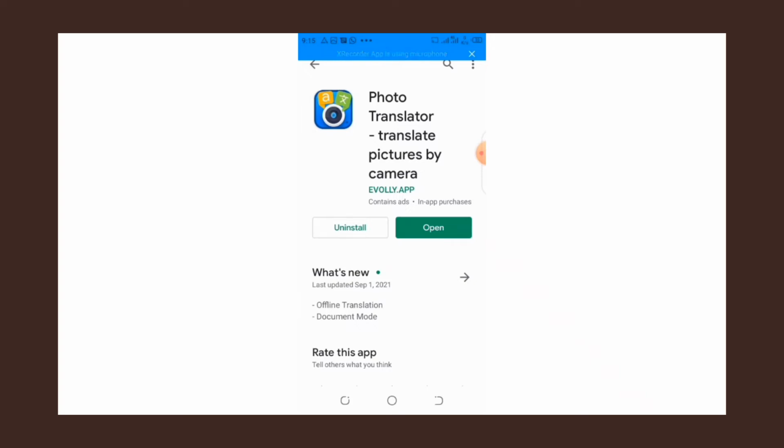So I'm going to open it and I'm going to translate my screenshots for us to be able to know what the previous buyers are saying. But the thing is, this app contains ads and we are using the free version, so they will try to frustrate us via their adverts, so we have to be patient. Don't mind them saying you are going to subscribe to this or that. Whenever they talk about money, please don't mind them. We are going to use it for free whether they like it or not. So let's wait for it to load.